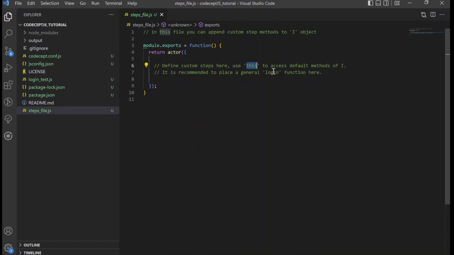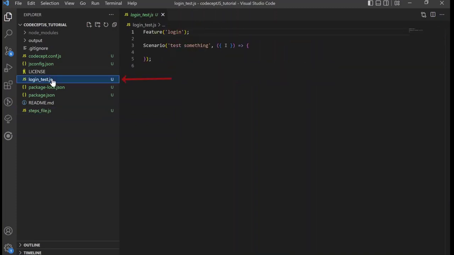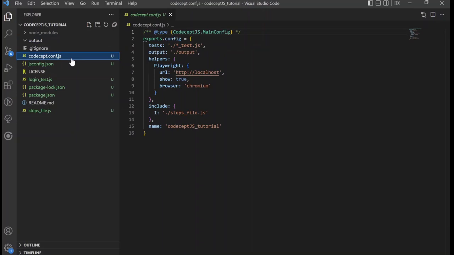For example, you can describe standard login or logout functions here. Files with the _test extension will be tested when you run CodeceptJS. You can change this extension or folder from the config file. The output folder is the folder for screenshots. For example, when a test fails or throws an error, it takes a last screenshot before crashing. You can check these screenshots from the output folder, or you can change it from the config file.